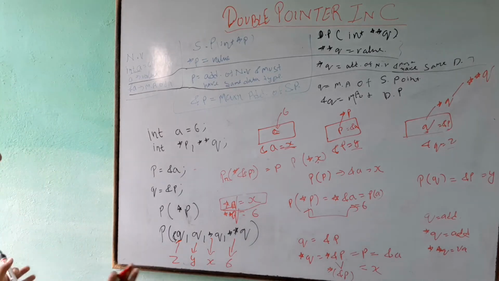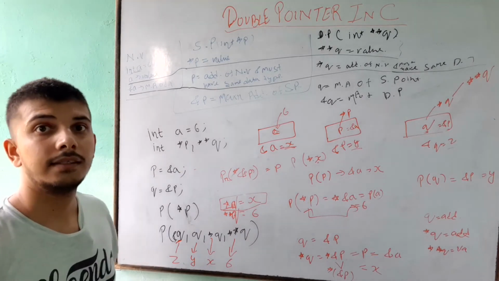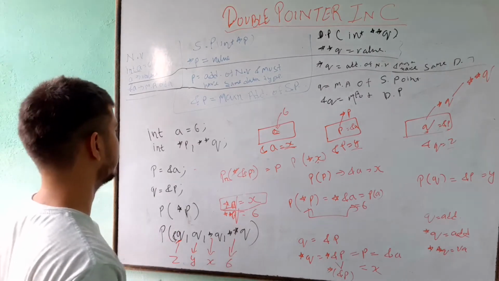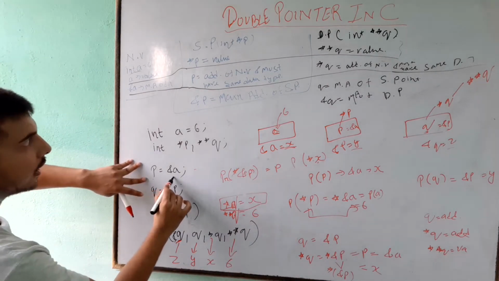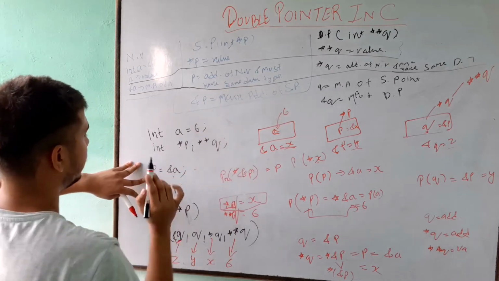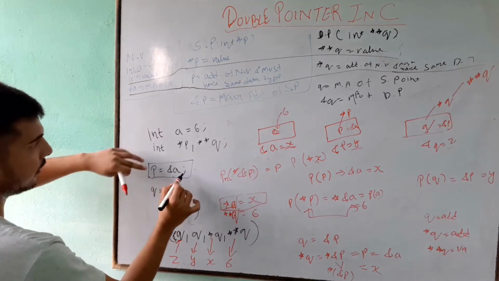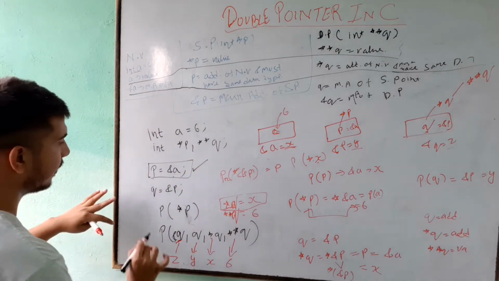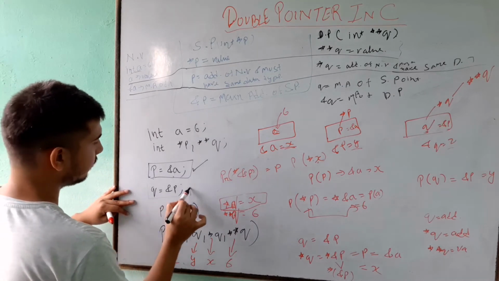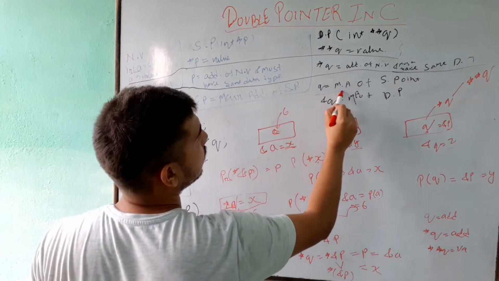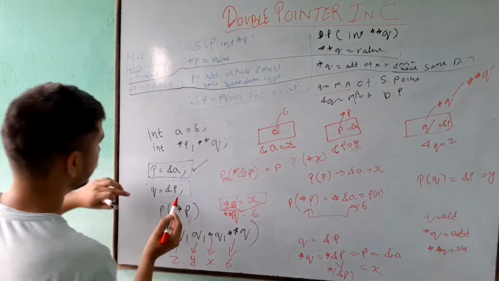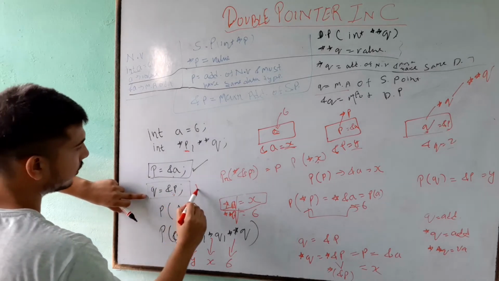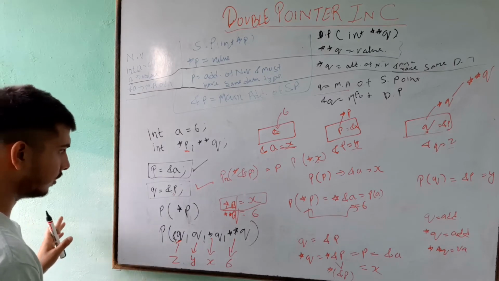This is how it is going. Okay, let's take some other example, to see whether these constraints are maintained here or not. P is equal to &a. P can only hold the address of a normal variable. This is a normal variable and P is holding the address of a normal variable. This was right, no compile error. Q was holding the address of P. Now Q can only hold the address of a single pointer. So this was a single pointer and it was holding the address of a single pointer, so it was also right. That's all, only two statements I did.